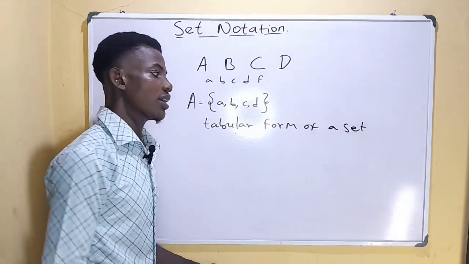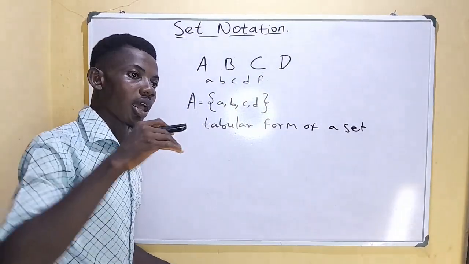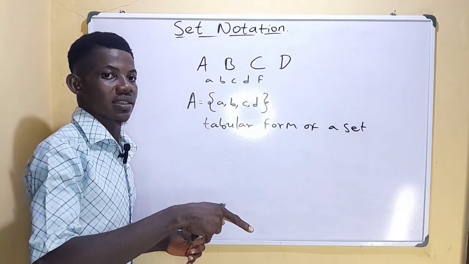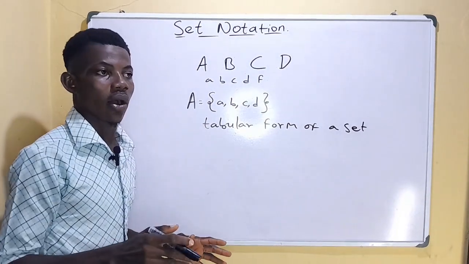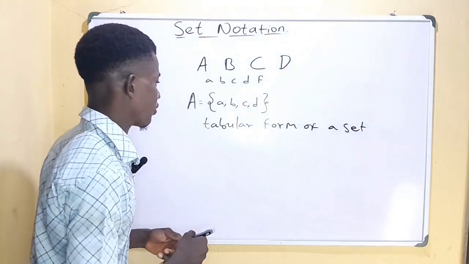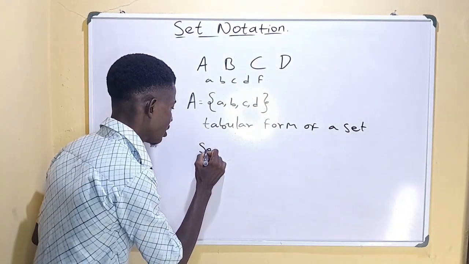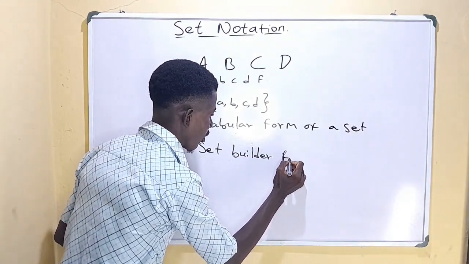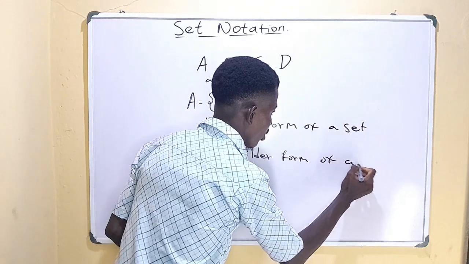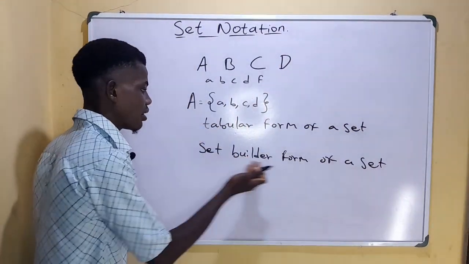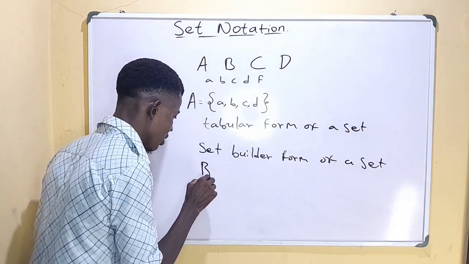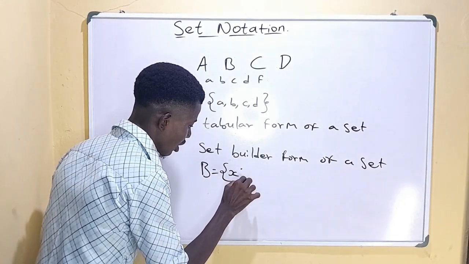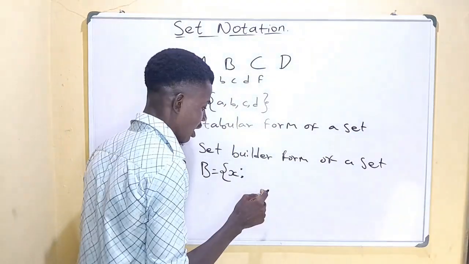Alternatively, we define a set by enclosing a rule within braces that determines the elements of that set. We call that one the set builder form of a set. As an example of the set builder form, let's say set B equals x, such that, this colon means such that,